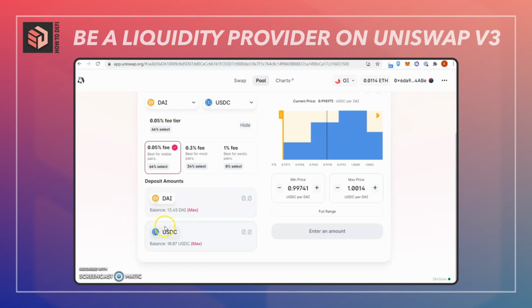To get a general overview of what we're doing here, we are setting a specific range of liquidity for this pair. And this is the big difference between Uniswap v3 compared to previous versions, in that instead of providing liquidity for the entire range of prices between the 2 assets, we're providing liquidity in a very specific range. And so I'm going to set the range of assets between 0.99 and 1.02. And it's going to set to something slightly different from that just because of how the tick marks are set up